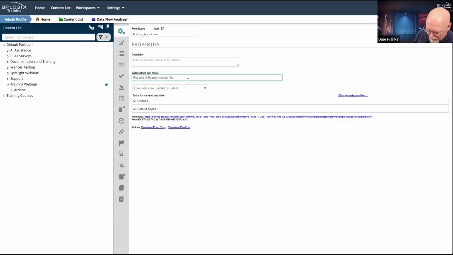and then I am going to put submitter as the submitter field. I did not put my colon in. That is very important so that we know that it is a form field system variable on, and then submit date.